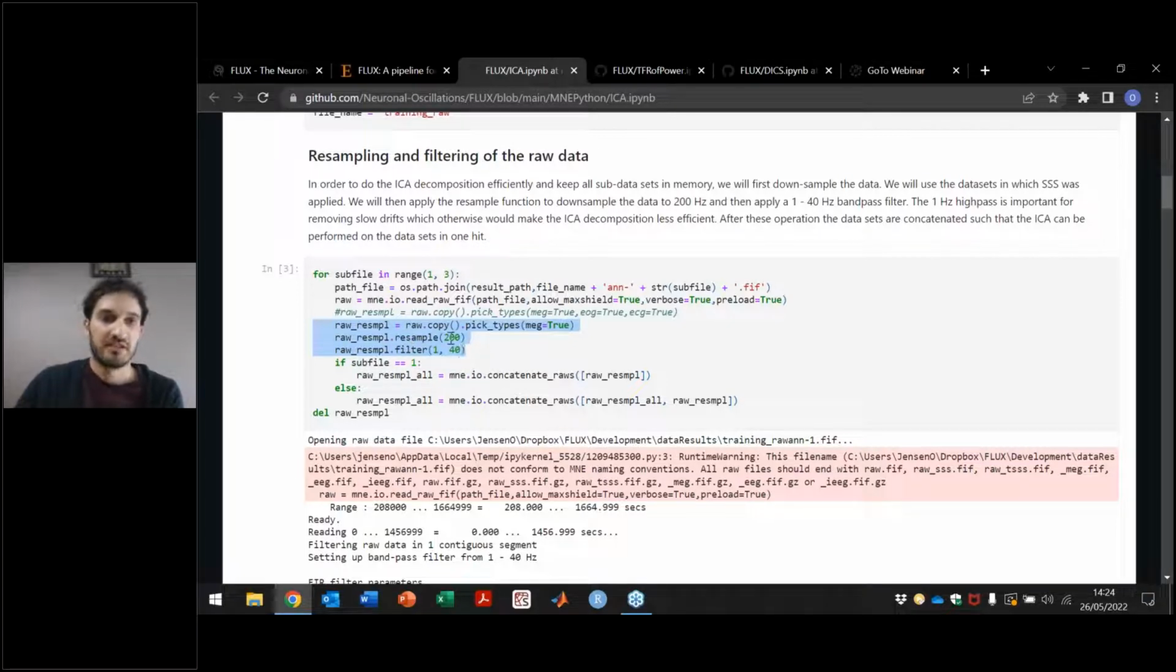The reason for downsampling the data is because the ICA decomposition takes time, it's computationally quite heavy, and it works better if you have smaller data sets. And also you can downsample the data because here we recommend to bandpass filter the data. So the 40 Hertz low pass filter is here because the components that we are looking for are known to be slower than 40 Hertz. And we also recommend to use a 1 Hertz high pass filter to remove the slow drift that can have a bad impact on the ICA